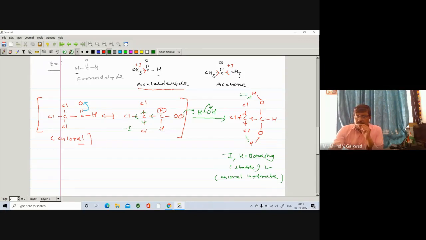So this is your H bonding, hydrogen bonding, because here it is further stabilized by the Cl partial positive and Cl partial negative. So that's why it is further stabilized by the hydrogen bonding. At the same time, as the Cl has partial negative charge, it also helps in its stabilization. So that's one example, right? So number one example we have seen. Number two example,